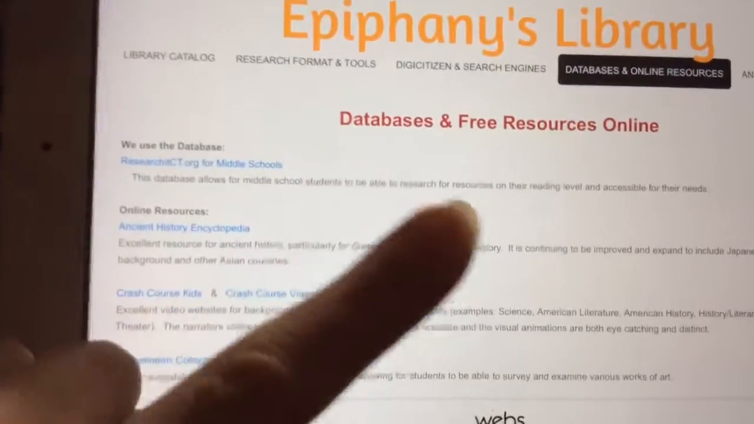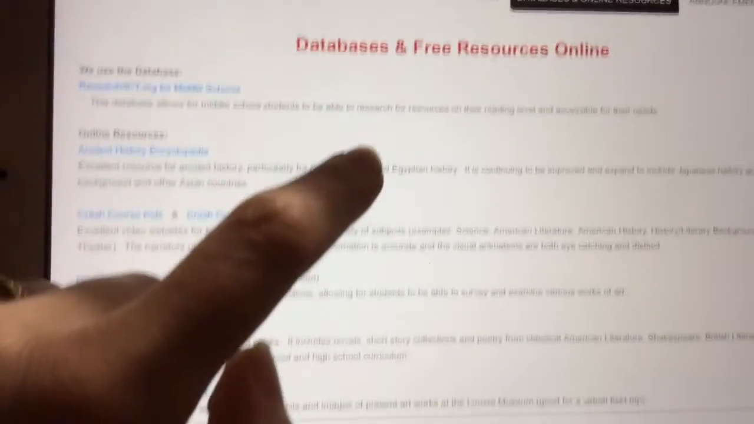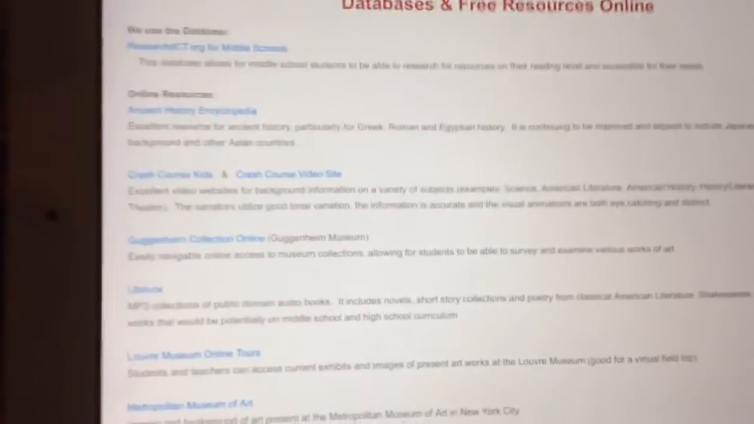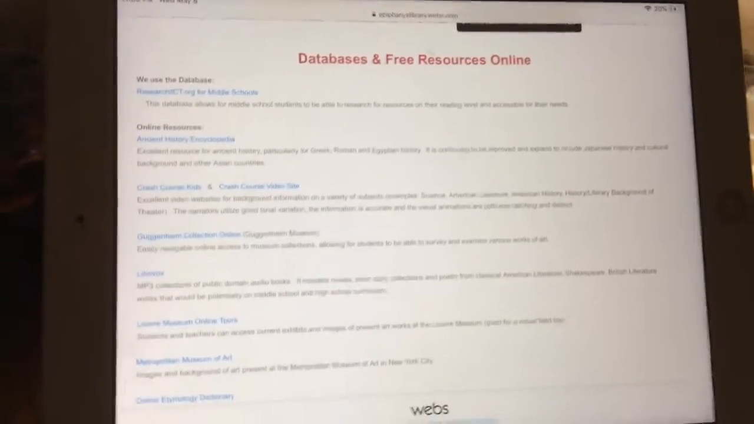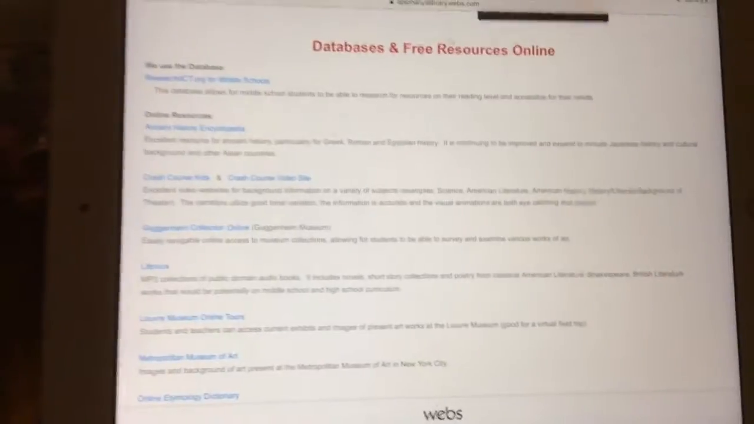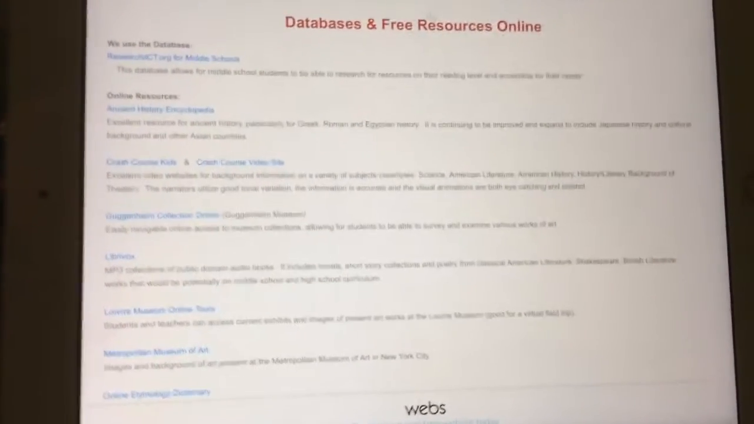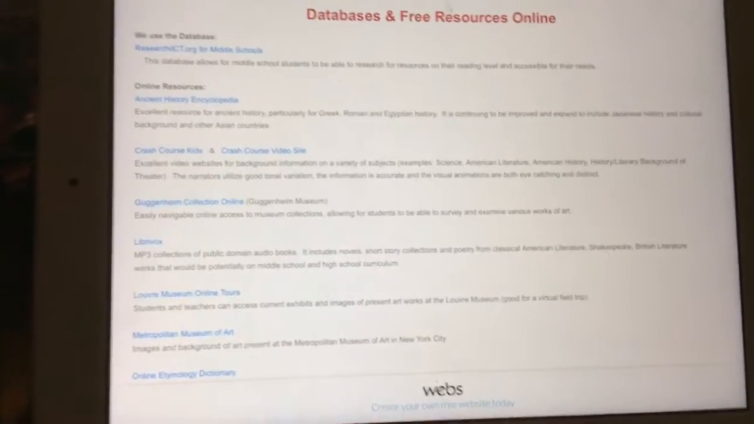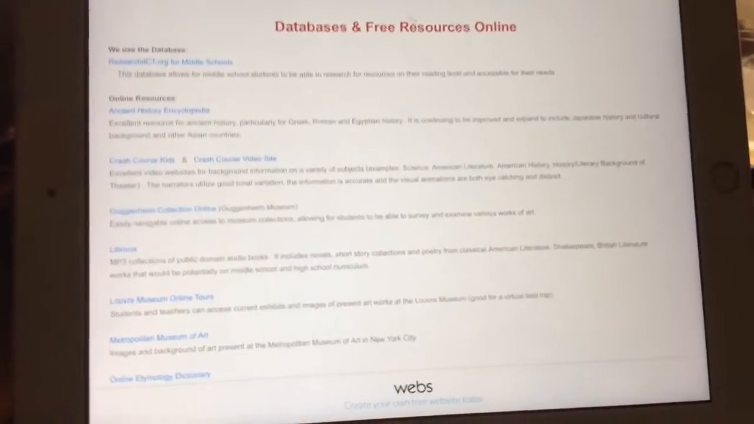Now, I also have databases and free resources online. Particularly free resources in my system are very important right now because we are having a budget crunch and we can't afford a lot, and especially with no library to speak of, we don't have access to a lot of things. The main database that gets used by our system, and we have been teaching our students how to use, is